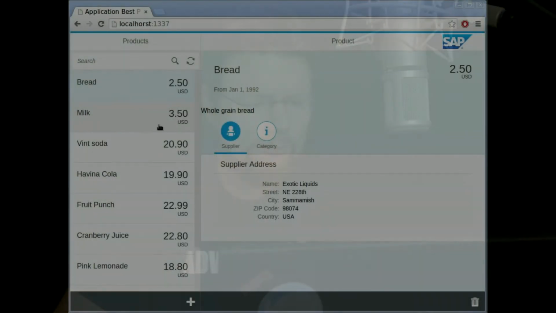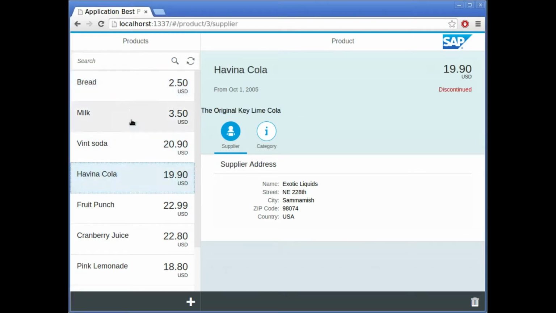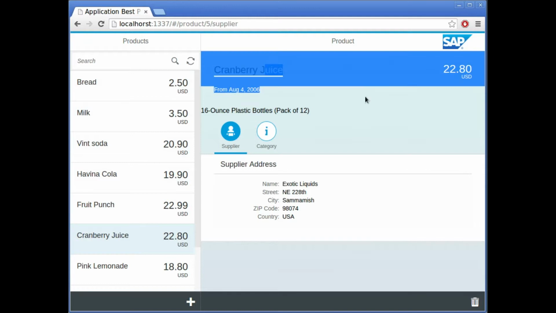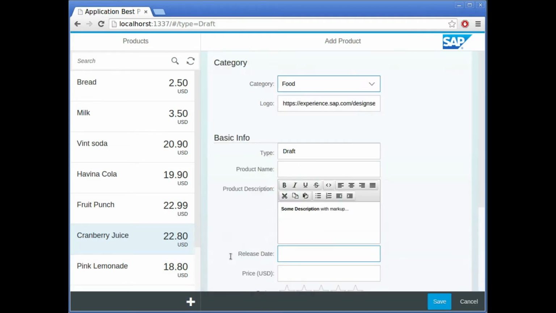So as you can see here, we have a small application. There's a master list on the left side. Some details here on the right side. As you can see here, there's a little delete icon, and here's a little item where you can add a new product. So let's see, if I add a product, say okay, I want it to be a draft, then